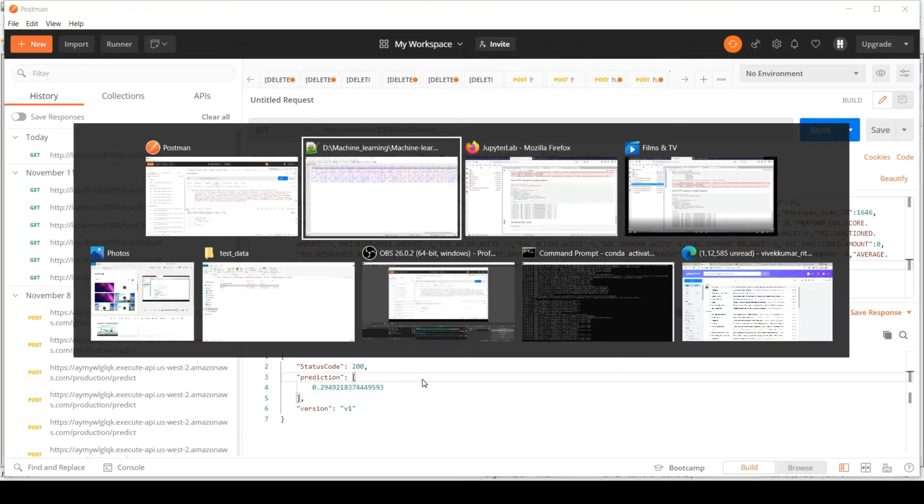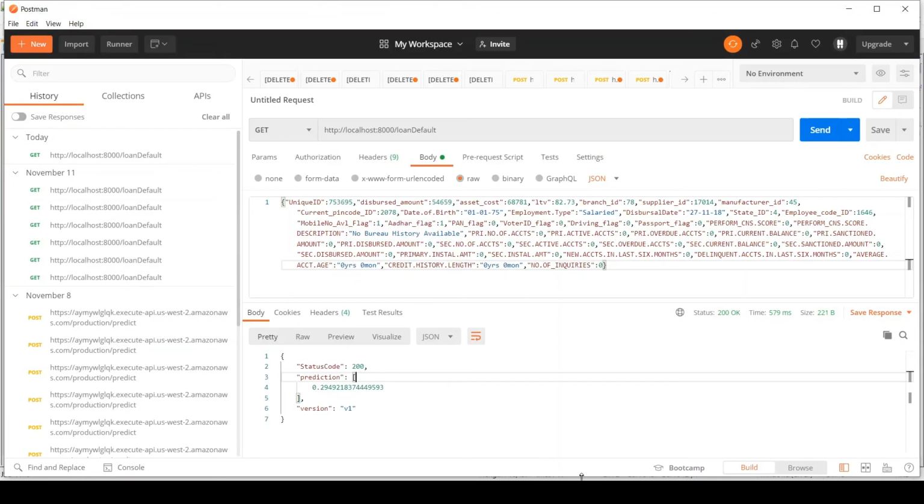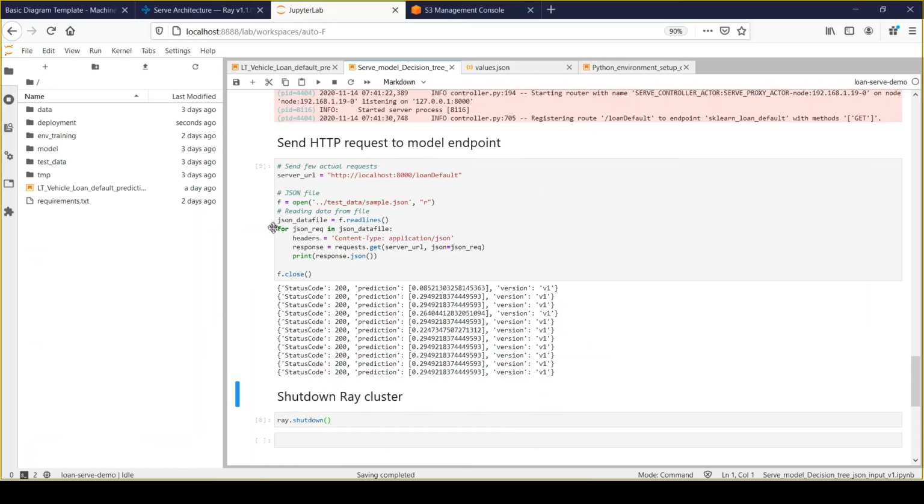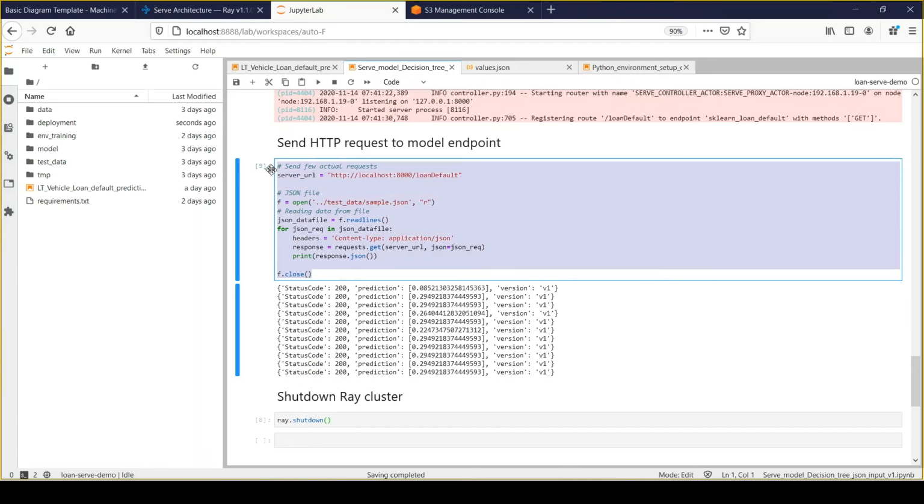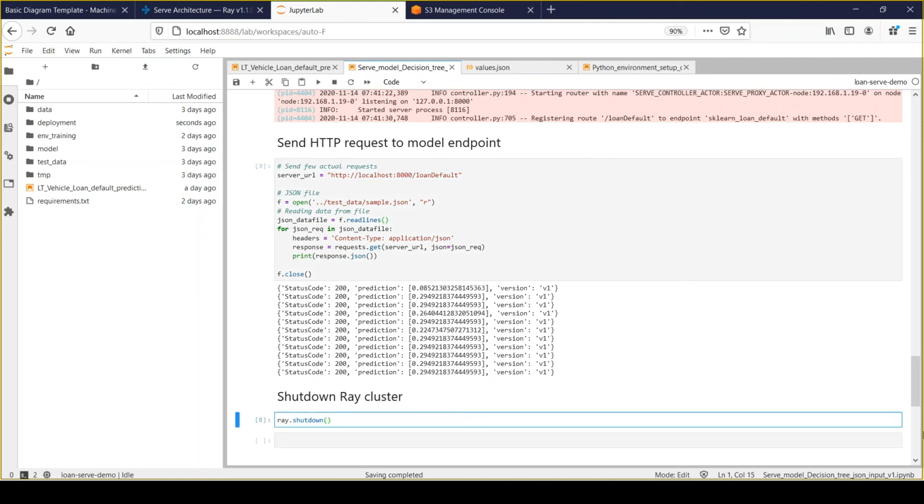Okay, so in this manner we can perform tests using either the Postman API, or you can write a script to take data from your file and it will print it like this. Okay, so once that is done, we need to close that cluster using ray.shutdown. So I'm just clicking it, and that will close down your Ray cluster.